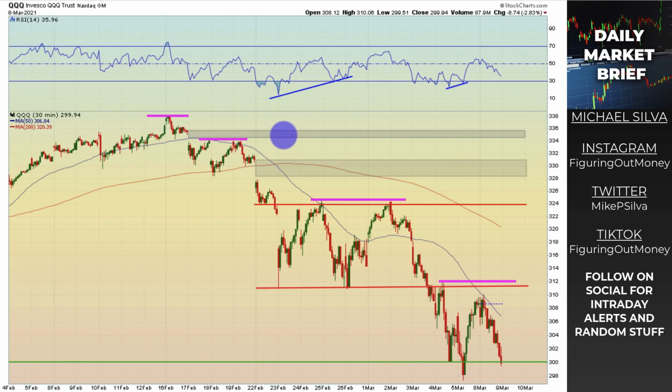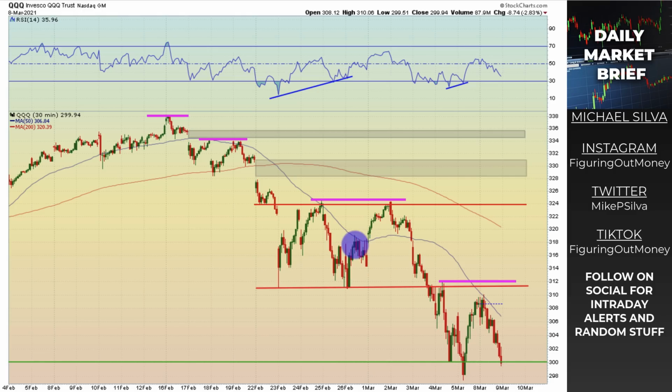Here's the queues on the 30-minute time frame. I just want to call out again, lower highs being pressed down. So until we break out of that, the trend remains down in the short term right here. You can see this looks like somewhat of a dead cat bounce, and we ended right around that $300. If we start taking out that level, there's no reason why we can't continue this trend lower.